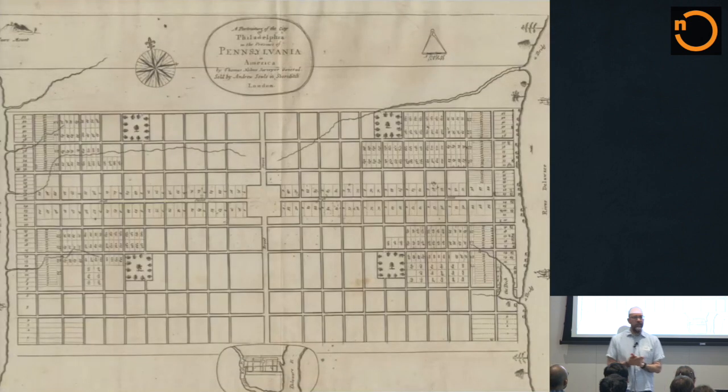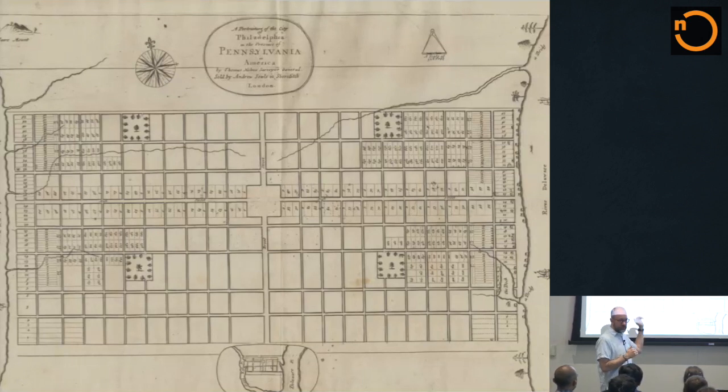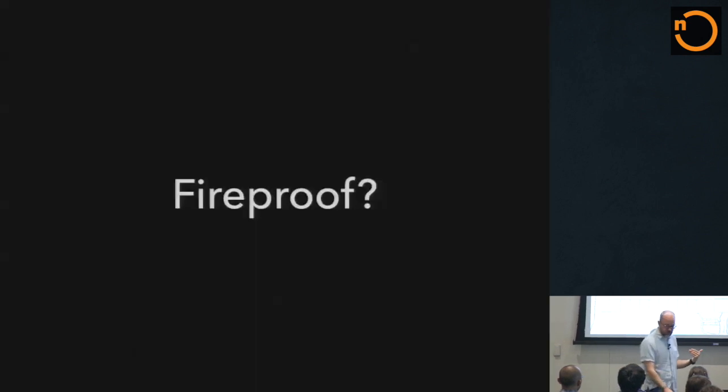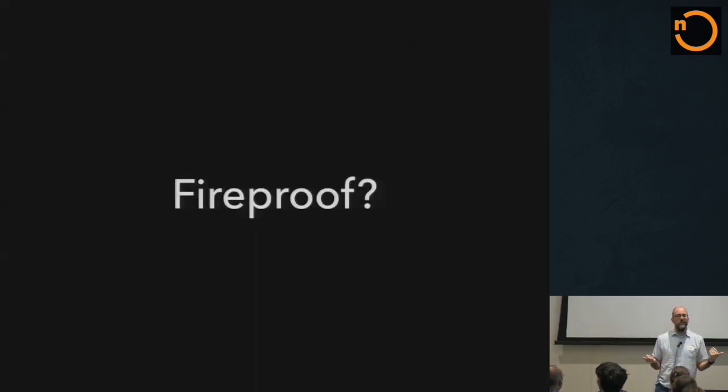So they designed Philadelphia with two incredibly wide streets, Broad Street and Market Street, to segment this town into quarters. The idea being that if a fire were to start in the bottom left-hand corner here, once it got to City Hall, it would have no ability to jump. It would just be too far wide. So it's perfect. They built themselves a fireproof city, right?